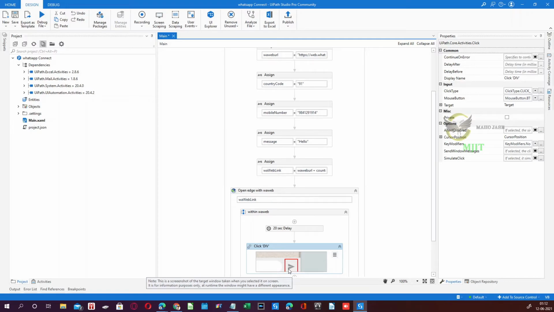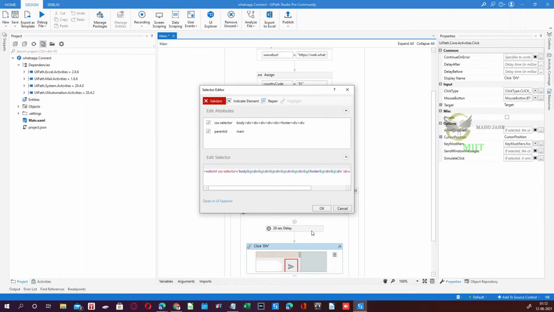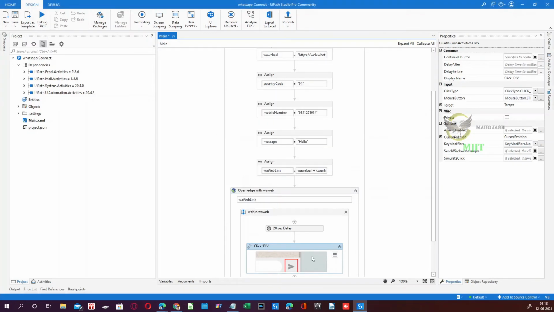What else it captures is the information related to it. If I go to the edit selector, it will show what it has captured. So it has captured a lot of things. It has captured something called tag div. In the div there is a div with this particular icon. If it is there, then it is fine for it. It's going to select and send it. So I'm not going deep inside this. We can have a separate video on how UiPath works, I mean how UI based elements work. I'm not making any changes, just to show you only.